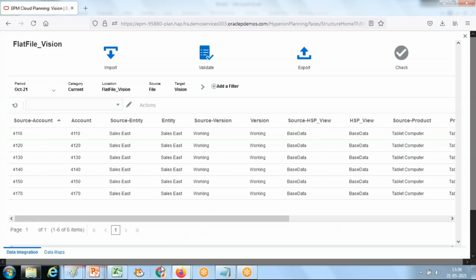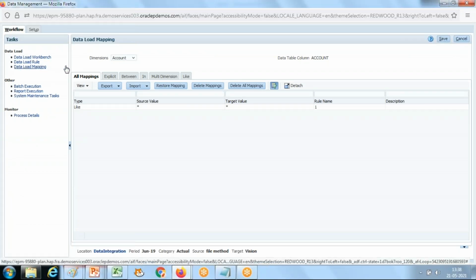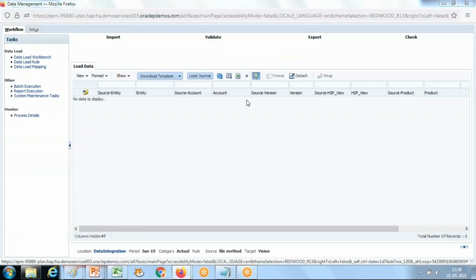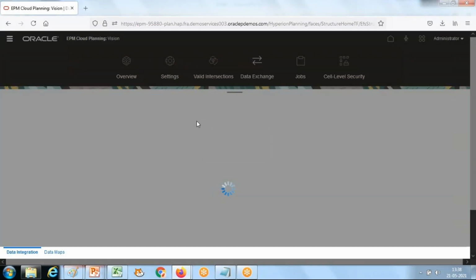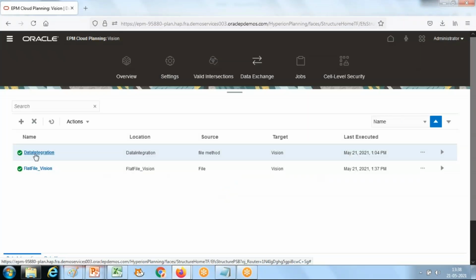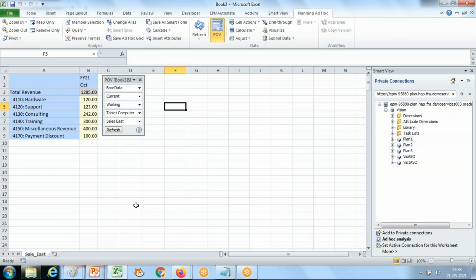So workbench is the same as you used to do in your data management data load workbench. The same option you see in data integration. And there you see the status turned green, right? It entails the execution was done successfully. And that's your final outcome, isn't it?